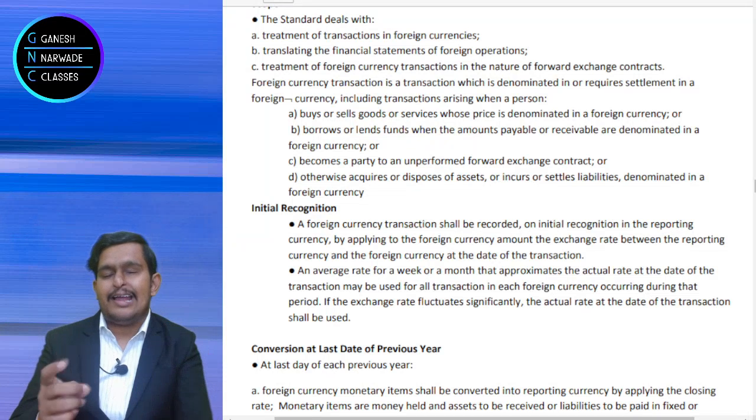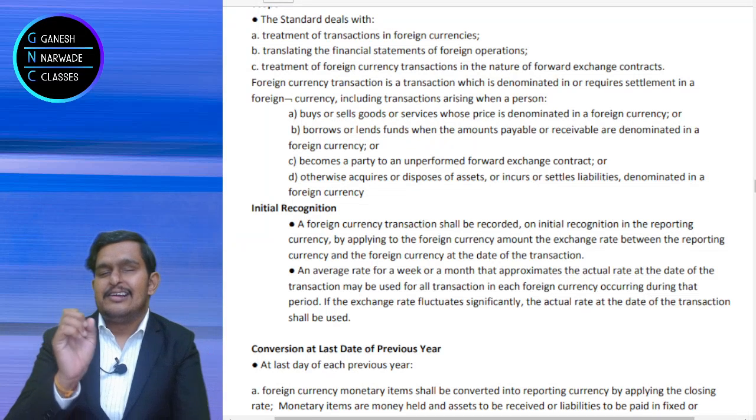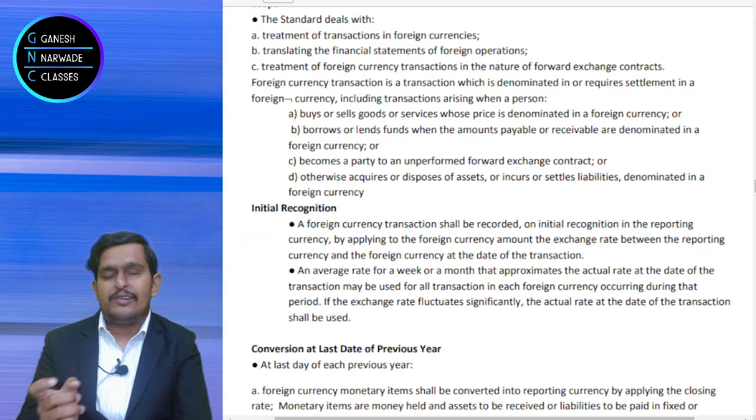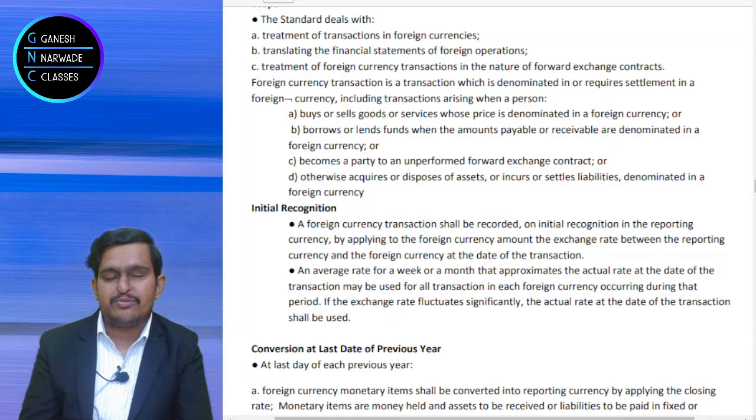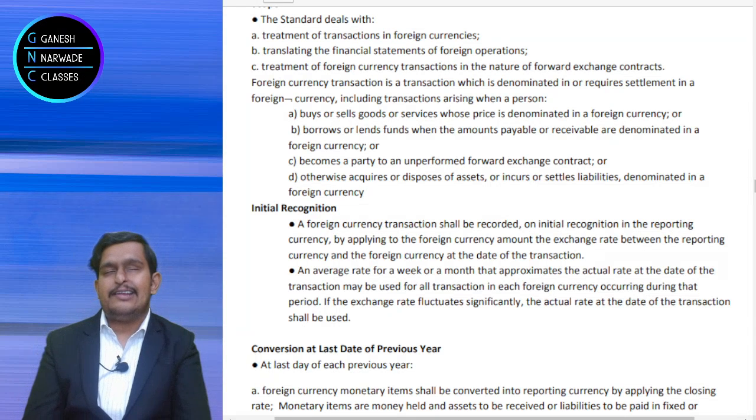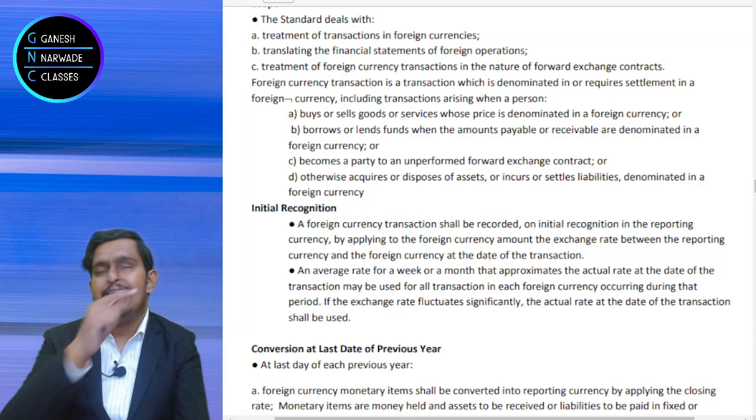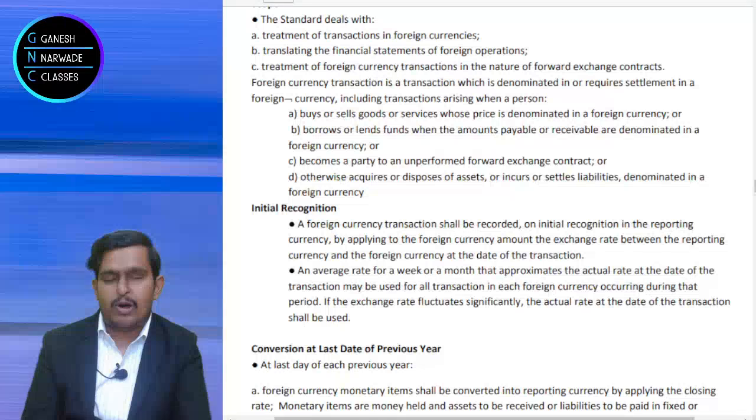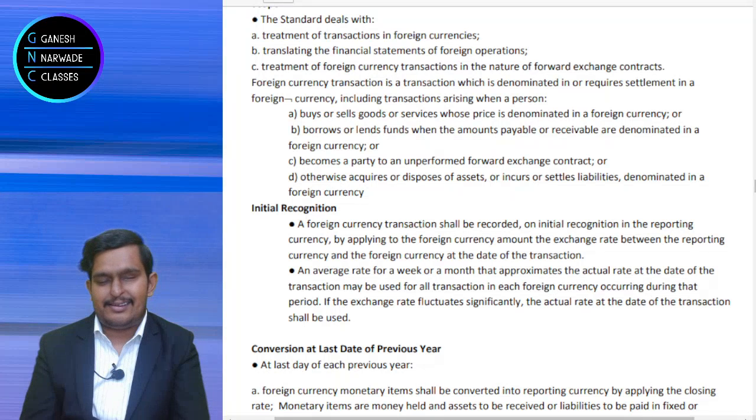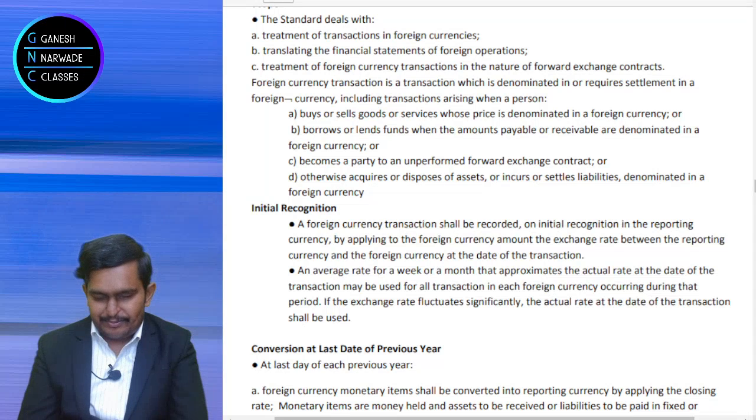When we buy, sell, provide service, take service, give loan, take loan, enter a forward exchange contract, and finally acquire or transfer fixed assets, all of this done in foreign currency is a transaction in foreign currency. But how to record? That's a big question. Let me answer. Recording of this is done through